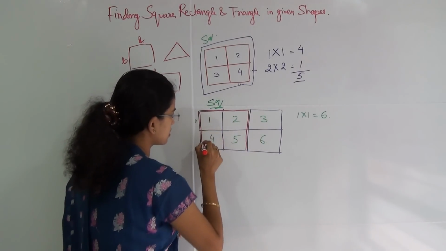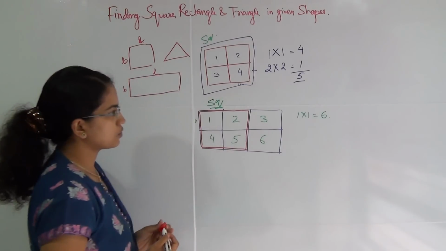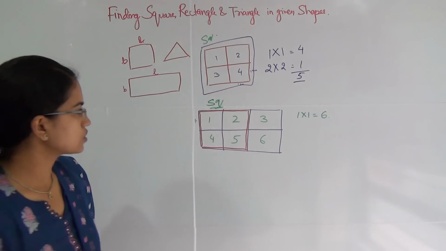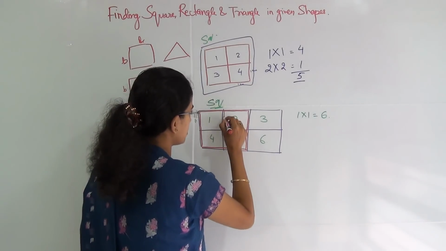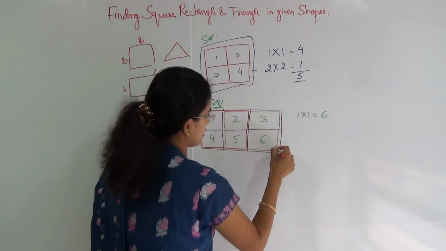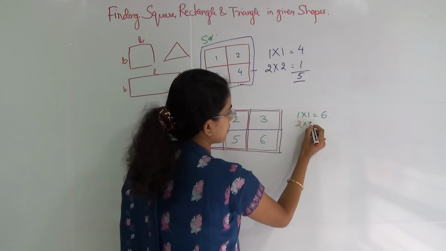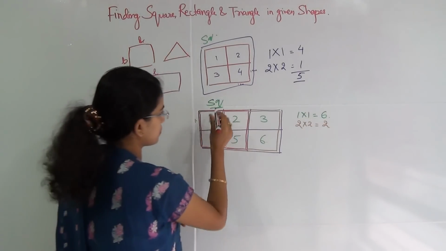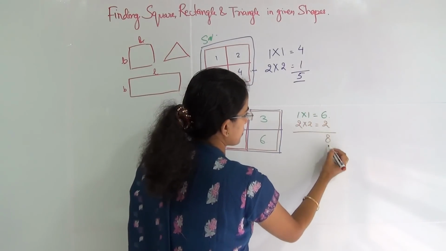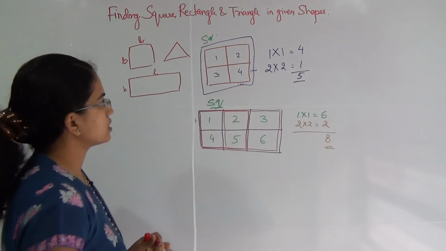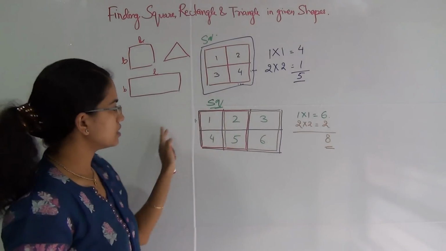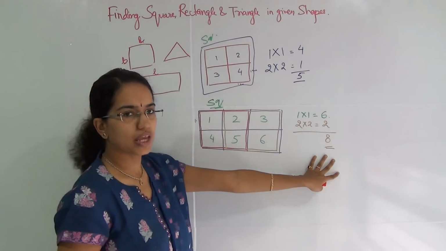So this is one 2 by 2 square, okay, and then I can draw another square, a big square, which is this, okay. So you have 2 by 2 squares which are 2, the red one and the brown one that we have drawn. So we can say we have a total of 8 squares. So in this question, the total number of squares would be 5. In this question, the total number of squares would be 8.